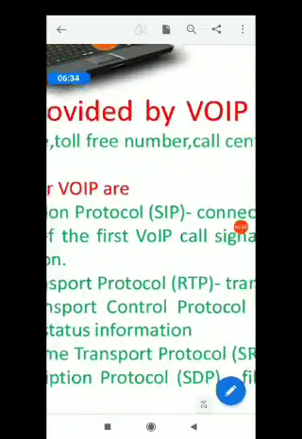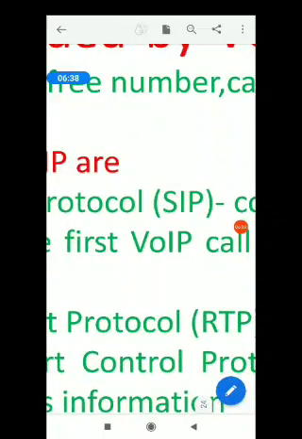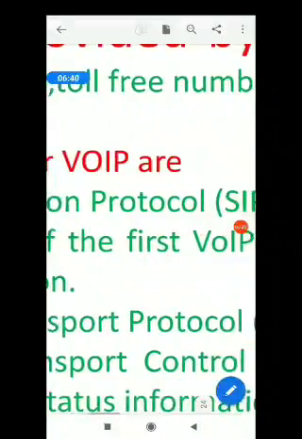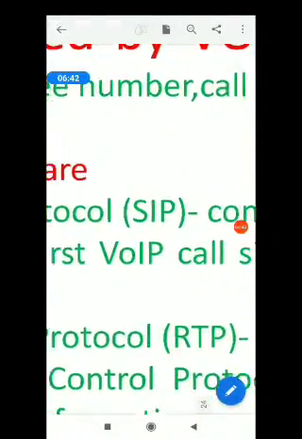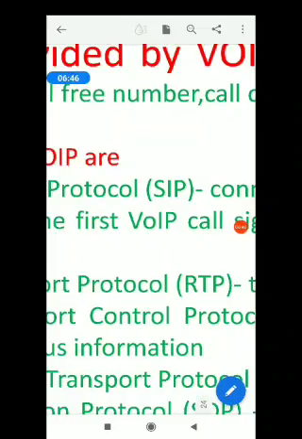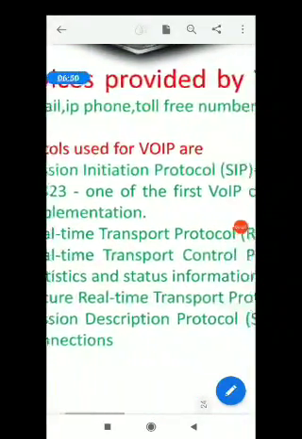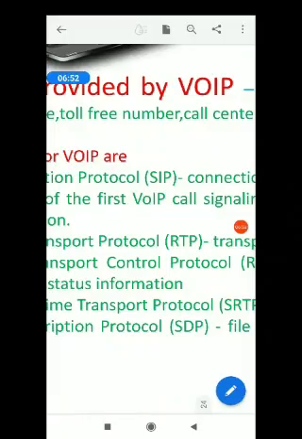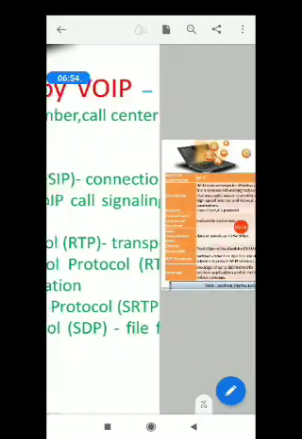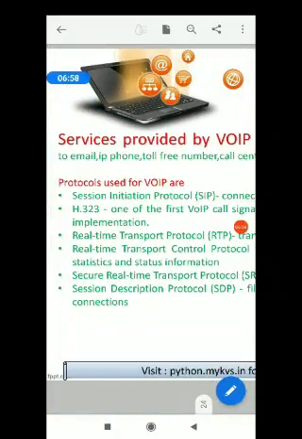There are other protocols related to this. SIP, Session Initiation Protocol. Please note down SIP, Session Initiation Protocol. Then we have RTP, or Real Time Transport Protocol.